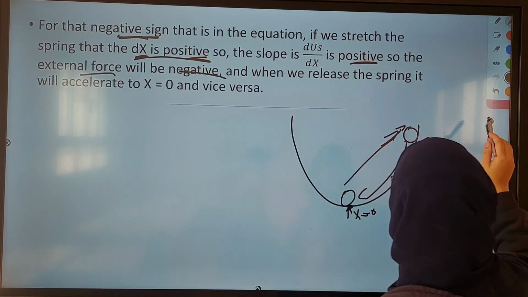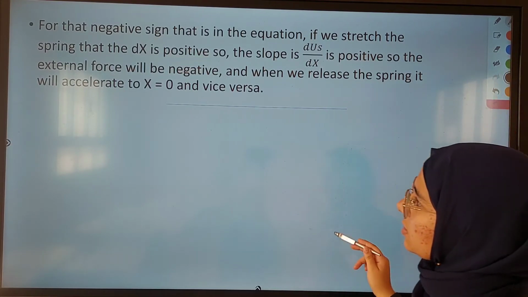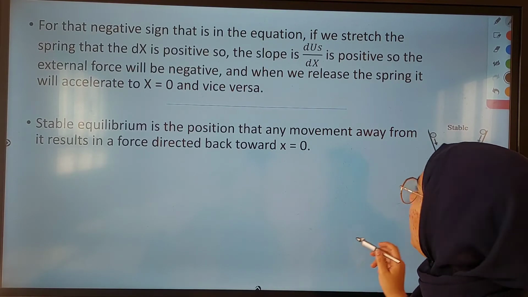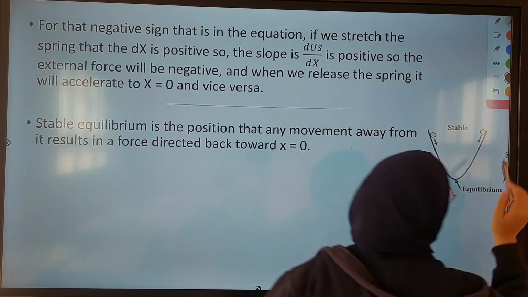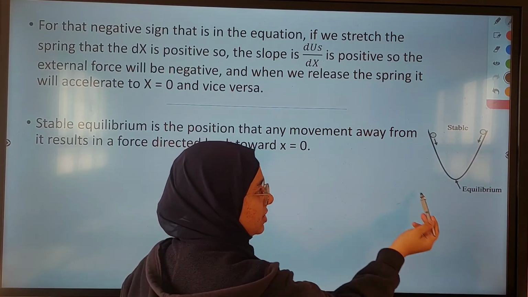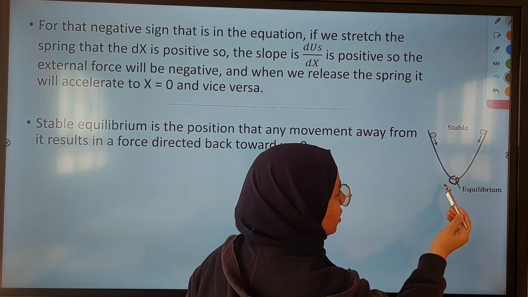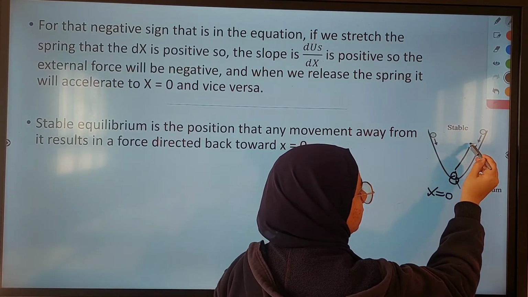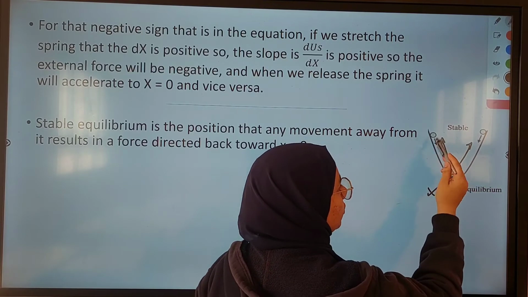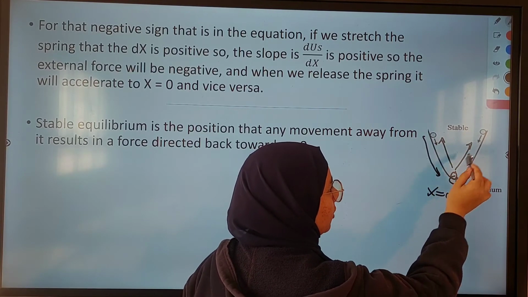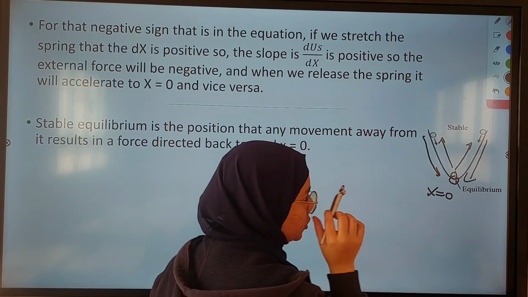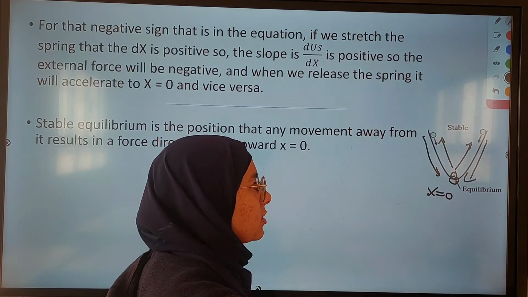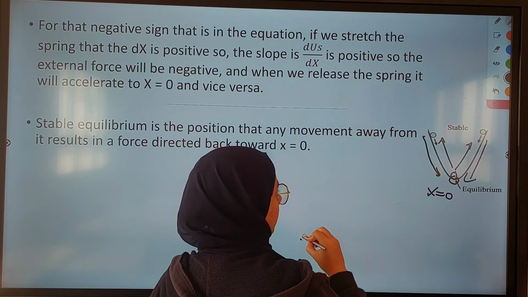And vice versa. So we can deduce from this the meaning of stable equilibrium. If we consider having a system like this, this is the equilibrium position, x equals 0, and we have a ball here, and we move it like this or like this, then we release it. It wants to move back to its equilibrium position, unlike the unstable equilibrium that we will see in a few minutes,